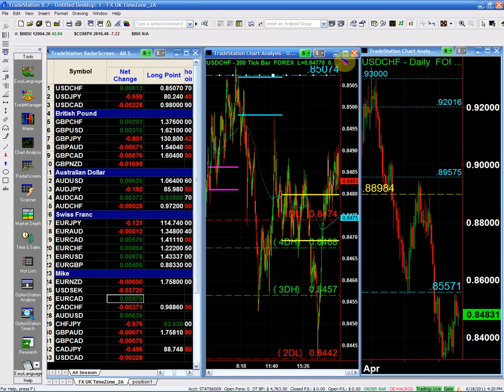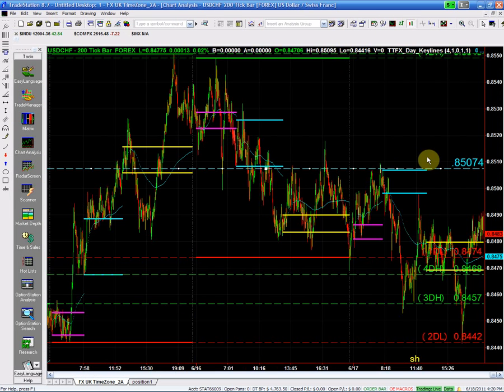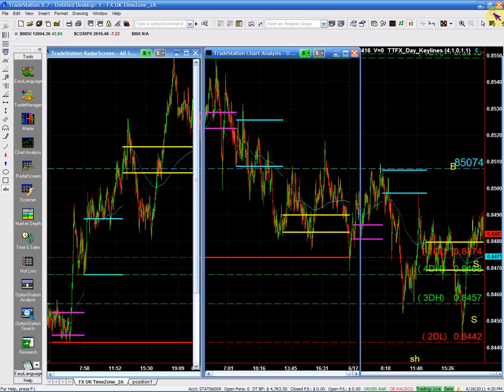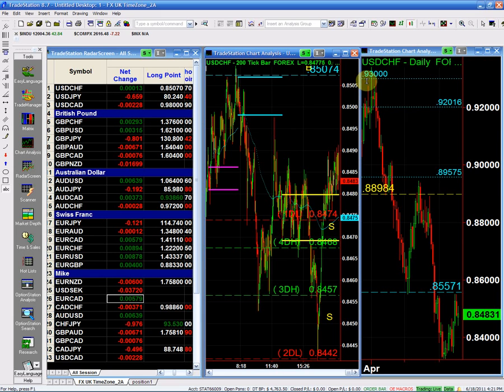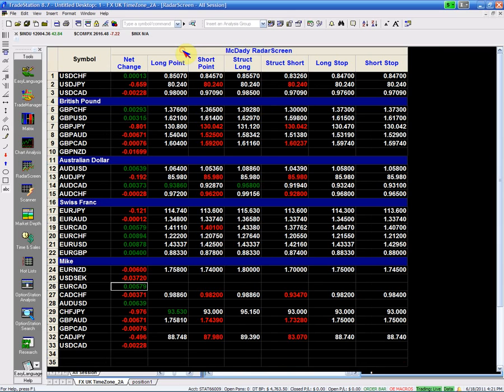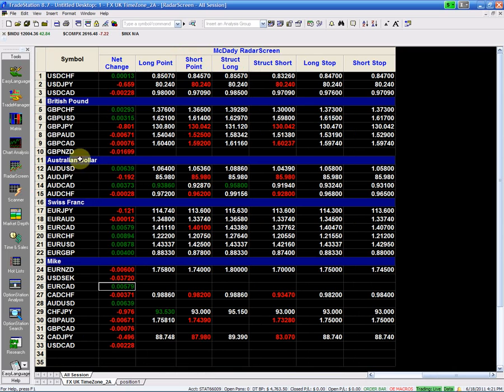So this is my buying point. This is my stop. This is my selling point, and this is also my stop. Okay, so just to recap the dollar Swiss, just to recap,